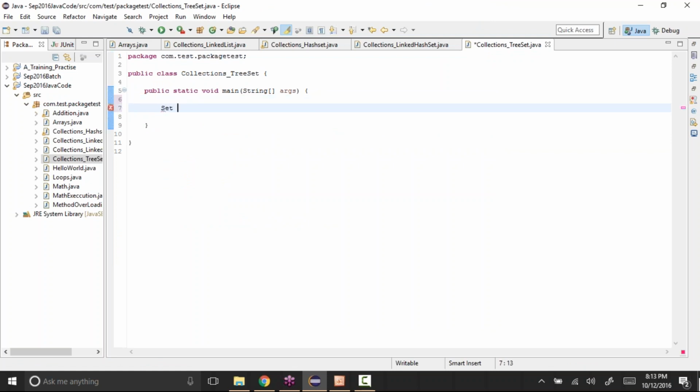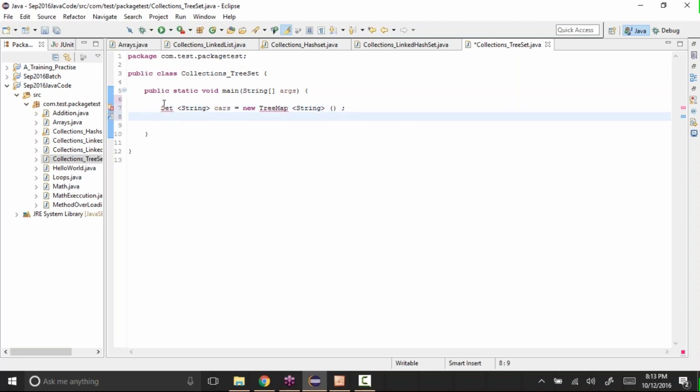Set of string, cars equal to new, and instead of hash set we have to say tree map, or like tree map of string, and open and close the brackets.